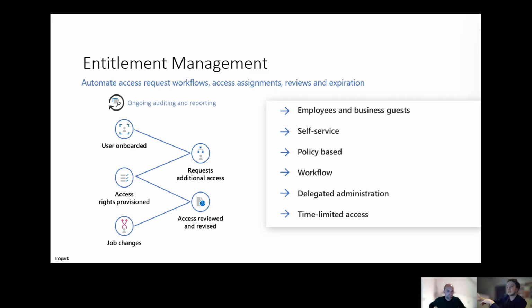Then after a year, we can say, okay, that same manager who just approved the access is going to do the review. Does that user still need that kind of access, or is she doing something completely different within the company, and should we remove her from that access? So that's all what entitlement is about, and how you can make sure that access life cycles are built in the right way.